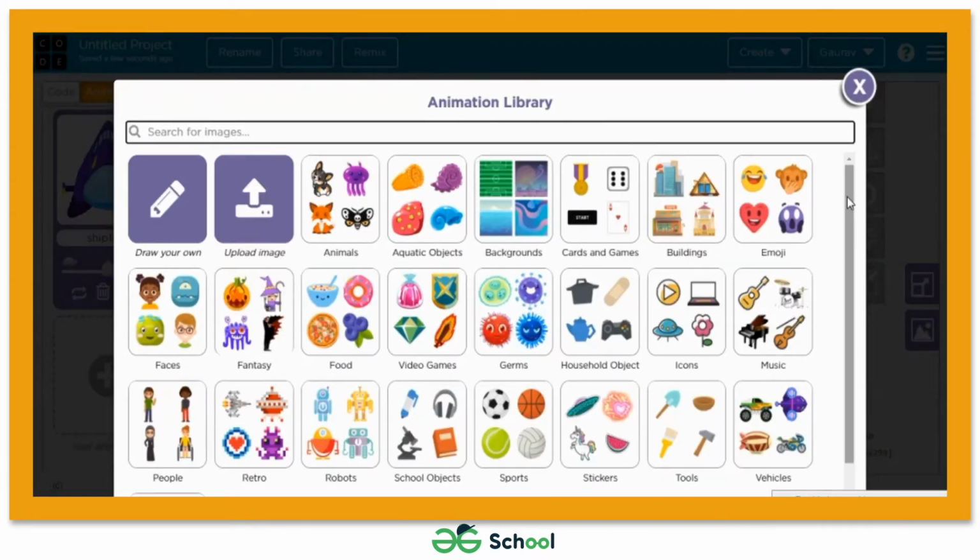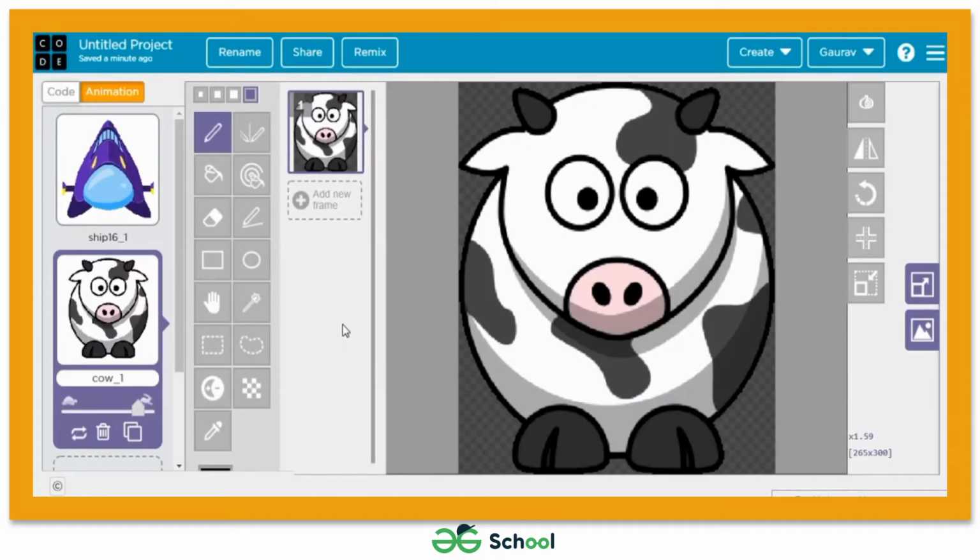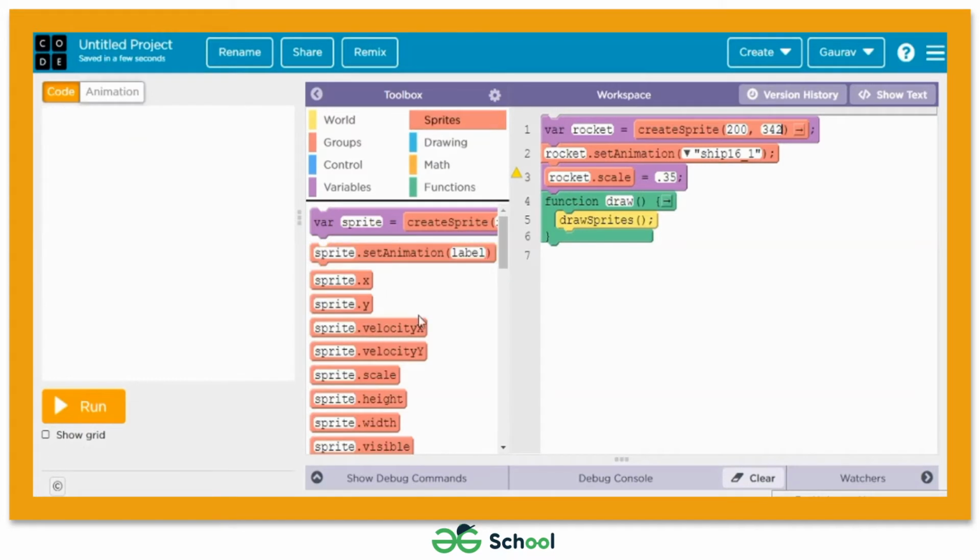Let's select a relevant sprite from here. Okay, let's select this cow, right? So I'm done with adding this cow's sprite in this animation workspace. Let's come back on this coding window, and now we need to define the code for accessing that cow's sprite